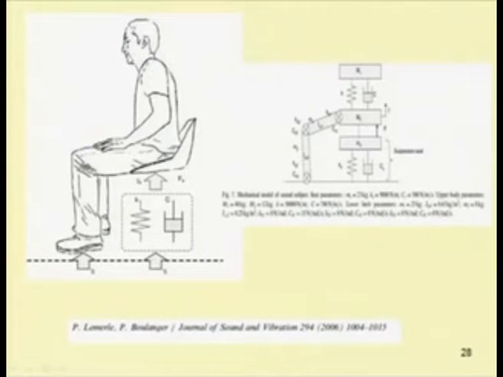So, this is in the sitting position. The person is sitting on a chair. If one models this, one can model this whole system by springs and dampers. The leg part is modeled as two rigid bodies with a joint shear. So, by taking all these springs, masses and dampers, one can develop a lumped parameter model for this system.